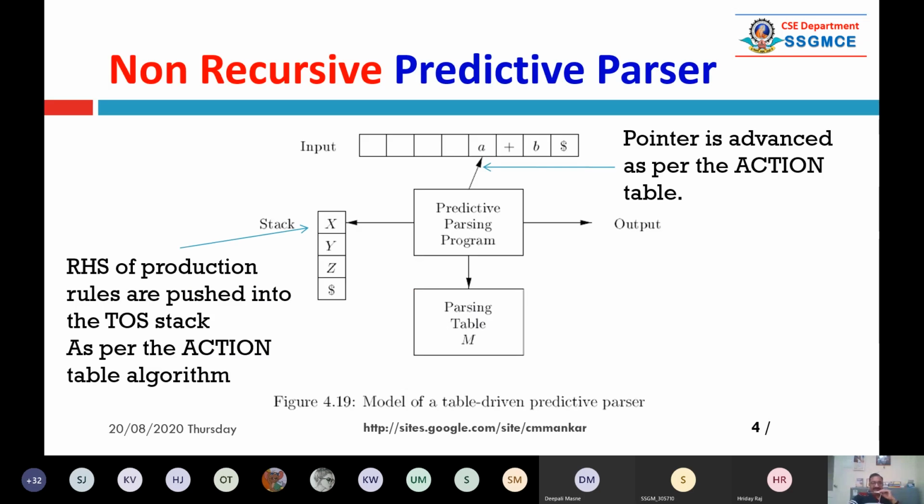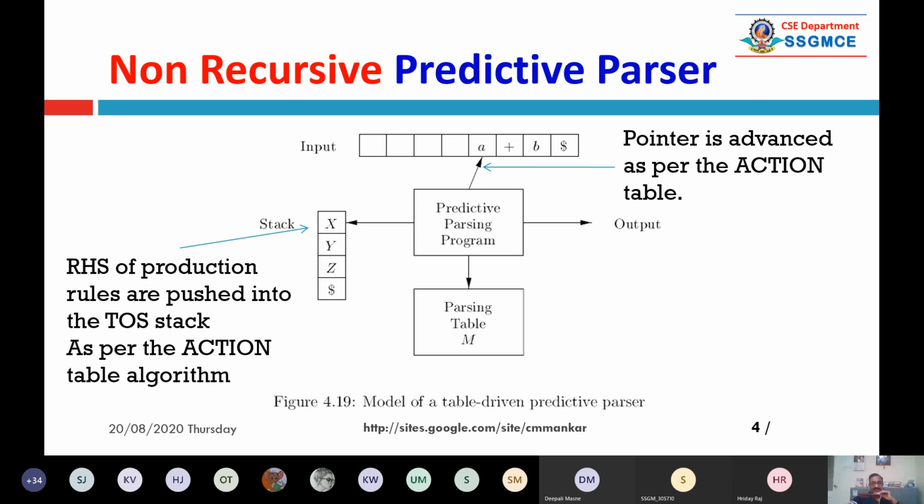So again, I repeat, there is something called a buffer. Whatever is generated from the lexical analyzer or scanner is stored in the buffer, called the input buffer. The input buffer contains a number of programming source code statements in terms of a string of tokens. That is the job of the lexical analyzer, the scanner. It reads the source code and converts it into a string of tokens equivalent to the original code. And here there is one symbol called the dollar. The dollar symbol is used to indicate the end of the statement or end of the line, or you can say the end of a bunch of statements. There can be a set of statements in a buffer.